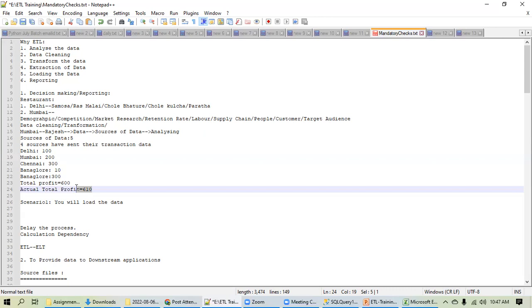But is it clear, guys? This kind of question you will face in interviews. They will ask you, if you receive data only from 4 sources, what will you do, what are the negative consequences, what will happen, and all this stuff. Is this clear? Any question here? I'll pause here. Any question, anyone? So in this scenario, you should not load the data, and as an ETL tester, you should check it. The data must not be loaded and the job must fail.